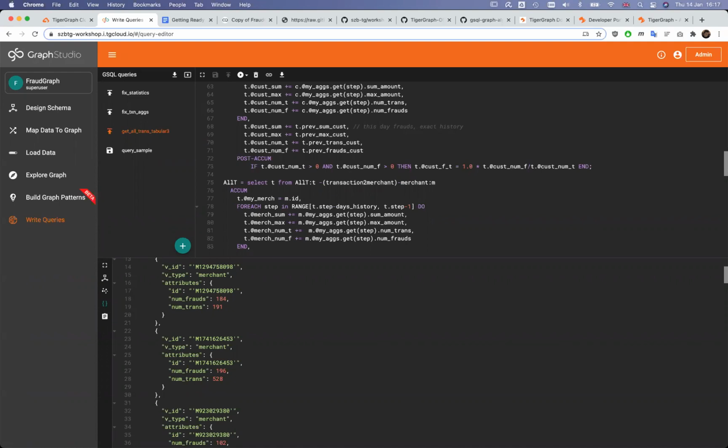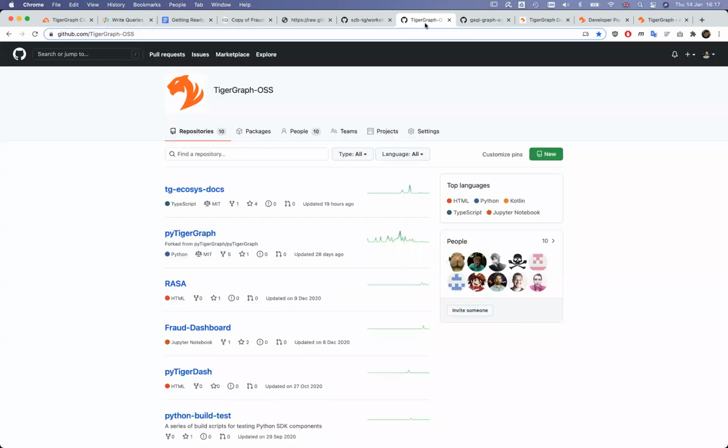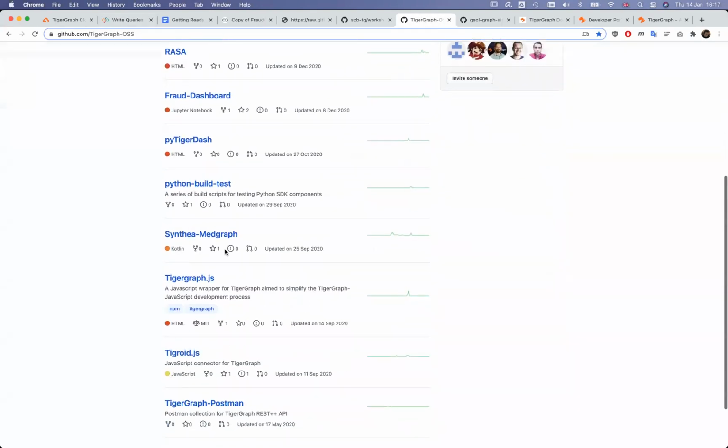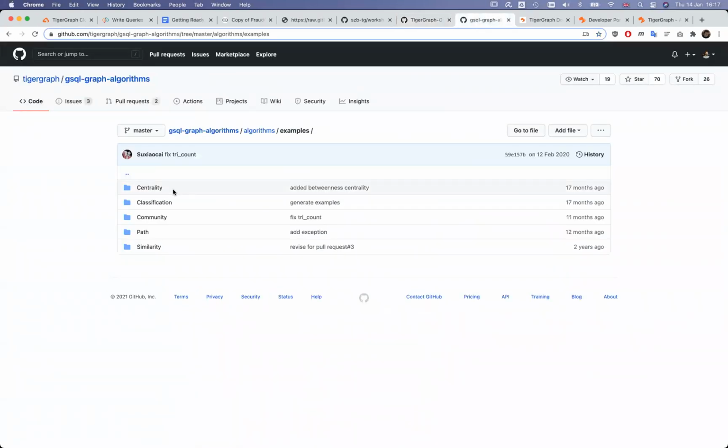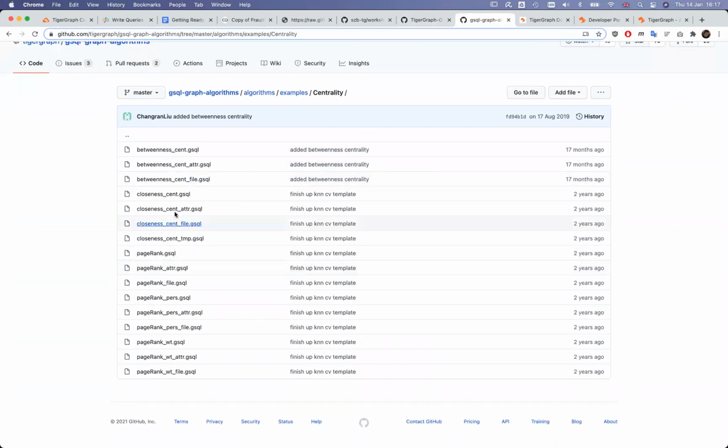And we use these capabilities and features of the language to develop a library of fundamental graph algorithms like centrality scores, including PageRank, invented by Larry Page of Google, pathfinding, community detection, similarity algorithms, and more. These are ready-to-cook templates that you can easily adjust to your needs and graphs, and you can find them in our GitHub repository. So you can see we have a number of centrality scores, for example closeness, PageRank, betweenness.